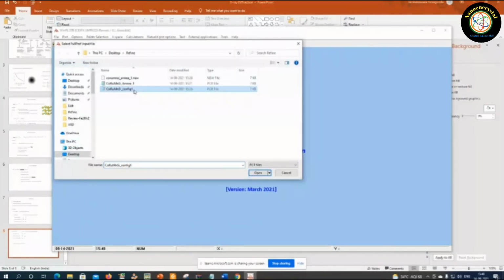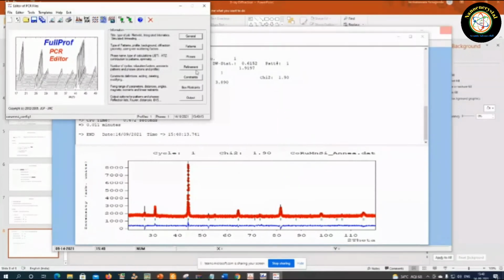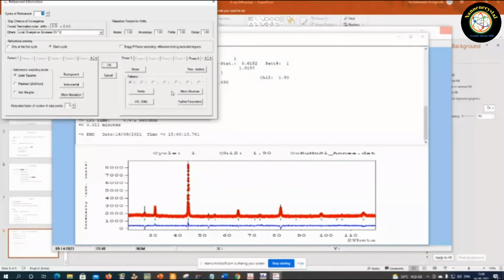So you just open it and you change the PCR file. Go to the refinement section and go to the atom. So now what you do is do the